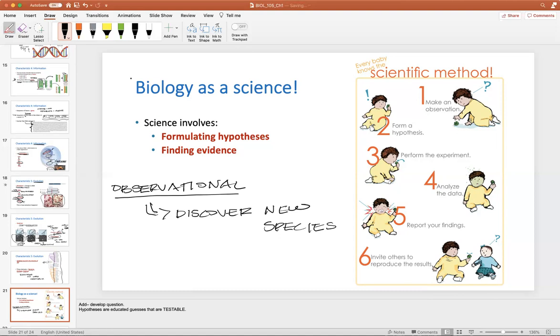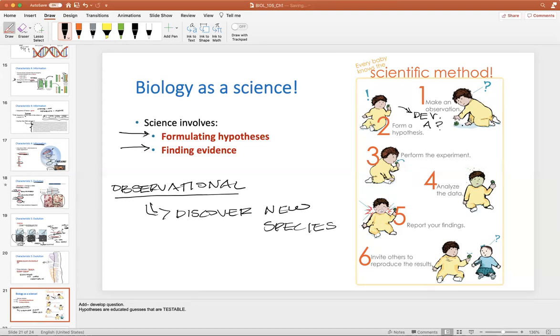But much of the science that we do today is what we call experimental science, in which we formulate hypotheses and we use these hypotheses for finding evidence. So let's take a look at the scientific method here that I've got for you in this little picture. So the first step in the scientific method is that you make an observation, right? And then I would say that there is a step in between here where you develop a question based on your observation, right? I'm going to put develop a